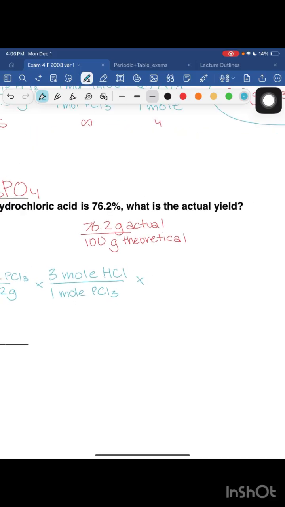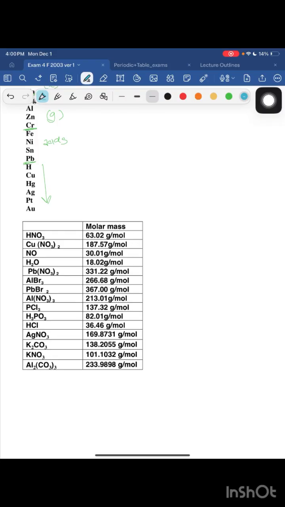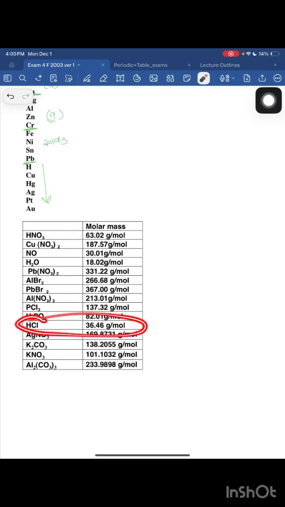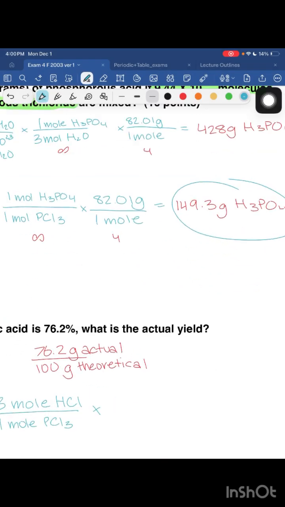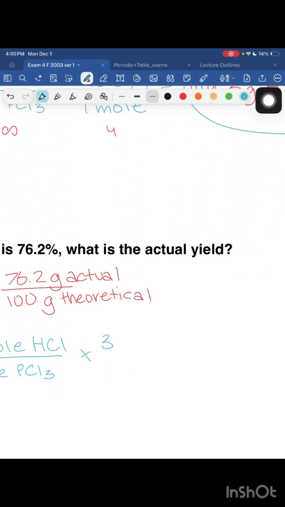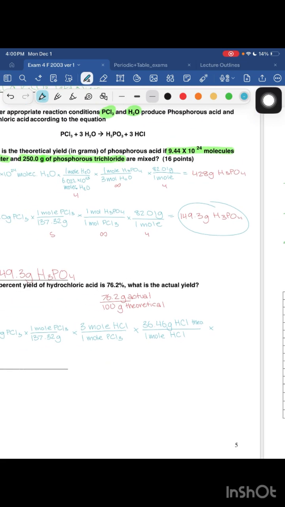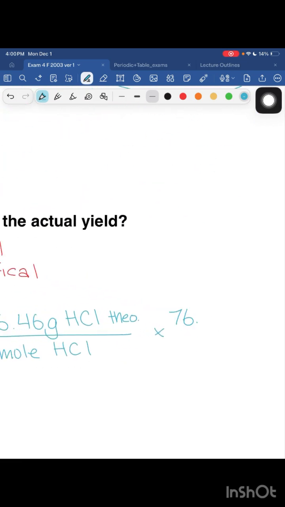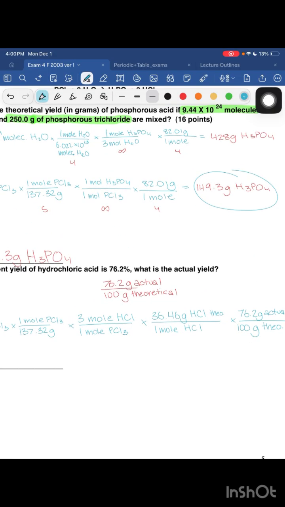From here, we go to grams of hydrochloric acid, which is given right here, 36.46. So that is our full equation, getting us